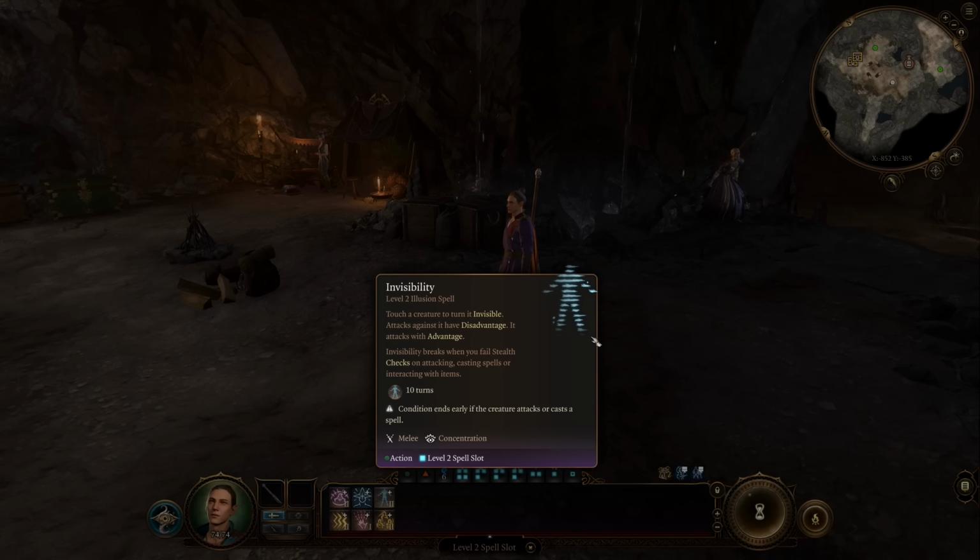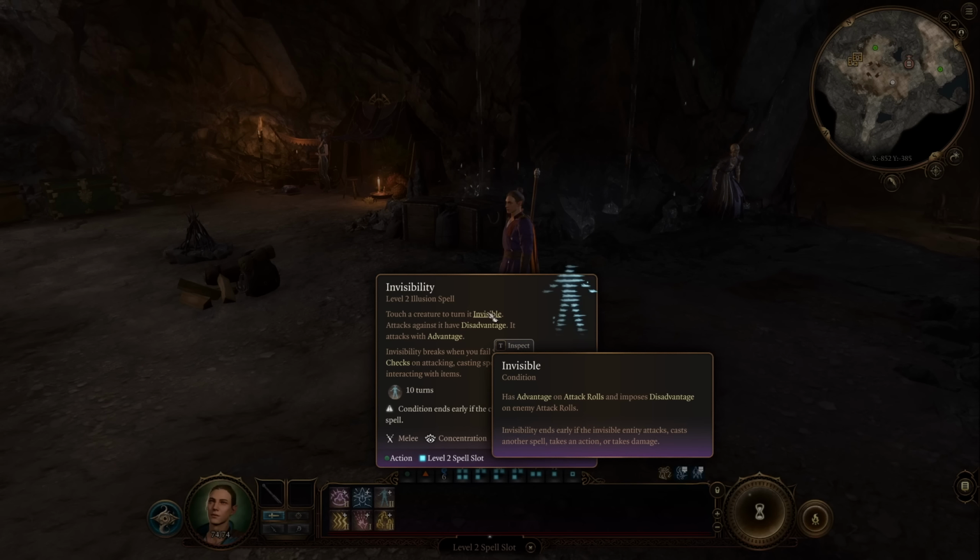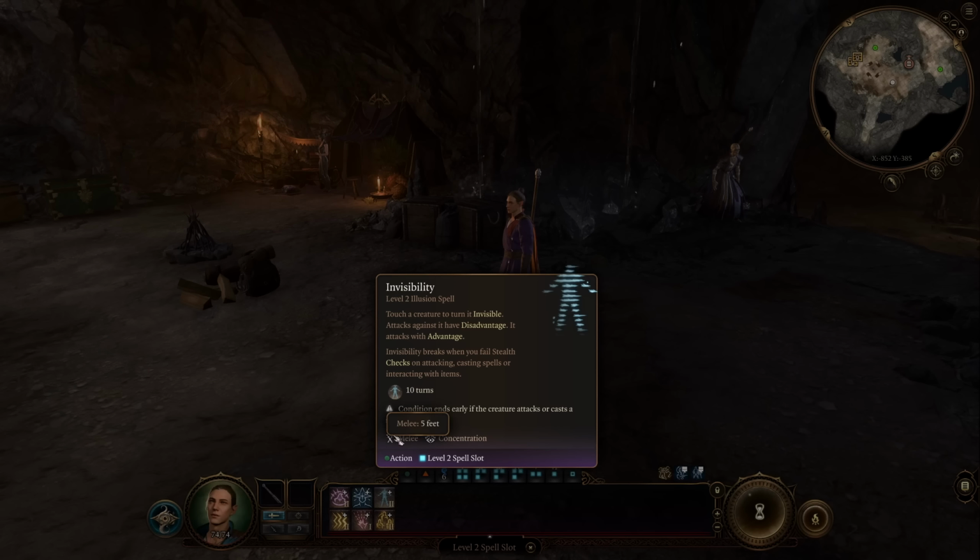Alright, next up for level 2, we have Invisibility. Touch a creature to turn it invisible. Attacks against it have disadvantage, and it attacks with advantage. Invisibility breaks when you fail stealth checks on attacking, casting spells, or interacting with items. So this is going to last 10 turns. The invisibility is going to end early if the invisible entity attacks, casts another spell, takes an action, or takes damage. So this is for melee range, and it's a concentration spell, so when you take damage, you have a